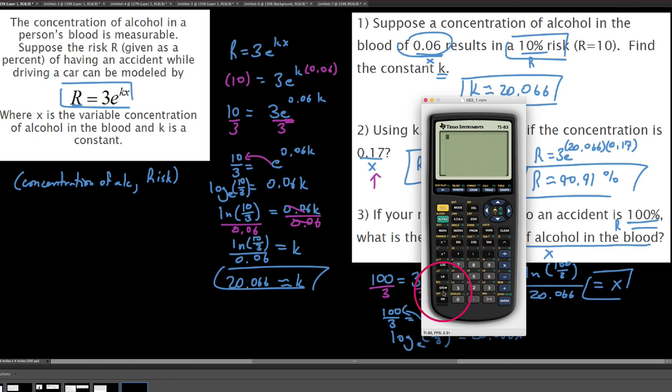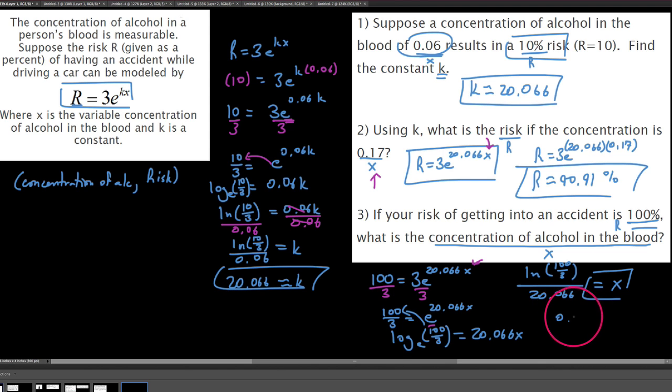So let's look this up here. We say ln of 100 divided by 3. We're dividing that by 20.066 approximately, and we get about 0.1748. So x is about 0.1748, and that's approximately X. And we could say, well, then this is really a 17.48% blood alcohol content right here, if we write it as a percentage. So the last thing I wanted to do is actually, because I'm from the state of Nebraska,